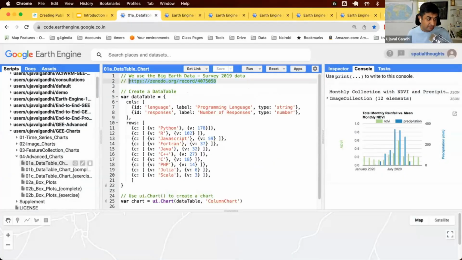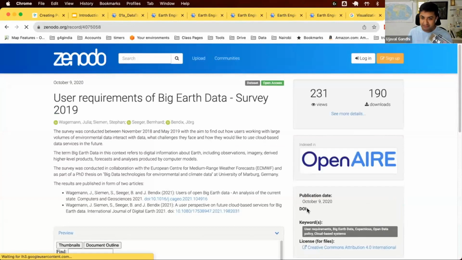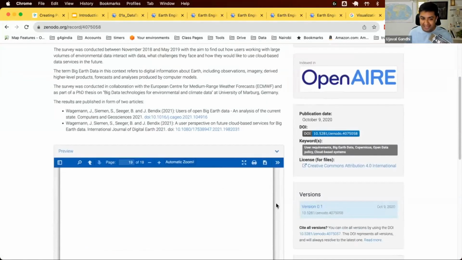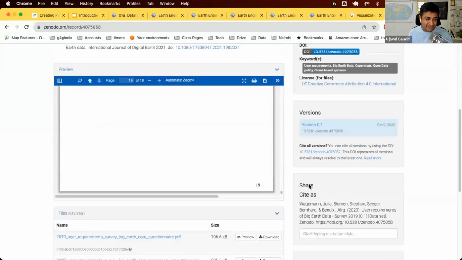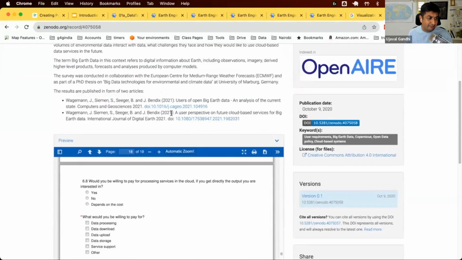We'll start with this script 1A in section 4. When I was building this, I saw, now what's a good example of doing this? And again, when you want to learn something, you want some challenge, right? So I was reading this paper when I was building this course. And this is quite an interesting paper that came out, which